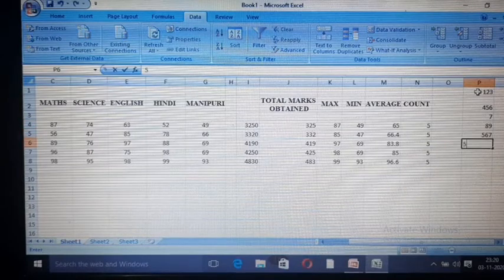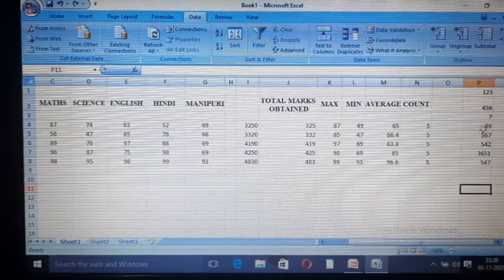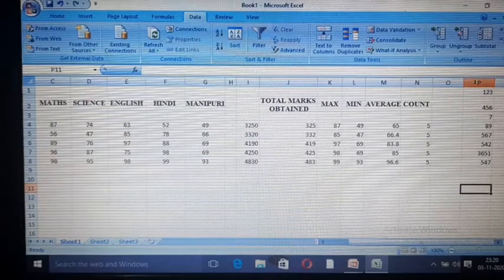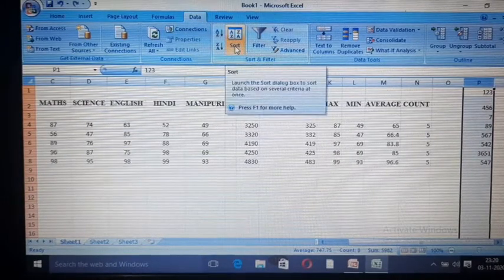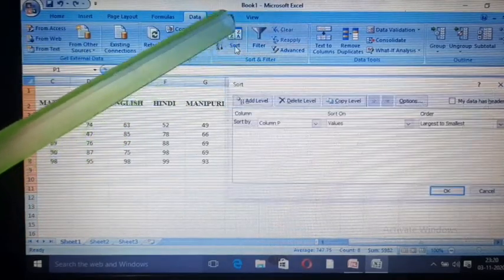Let's write some numbers like this. Now I have written some numbers here. Now let's sort this one. Now select this one, a different column. So you select the column P here, then go to Data, then you click the Sort button here. When you click the Sort button,